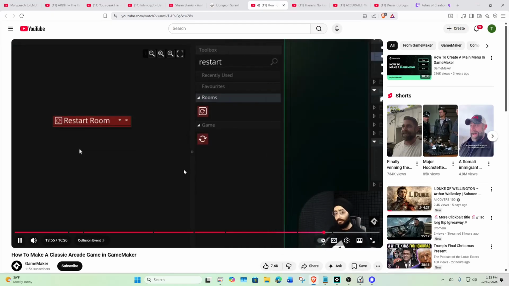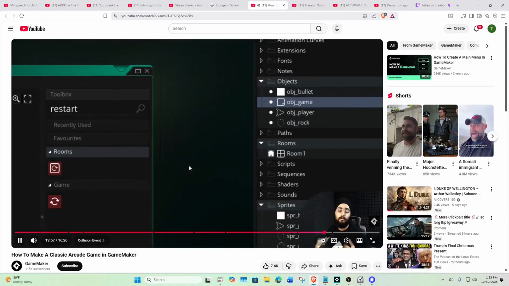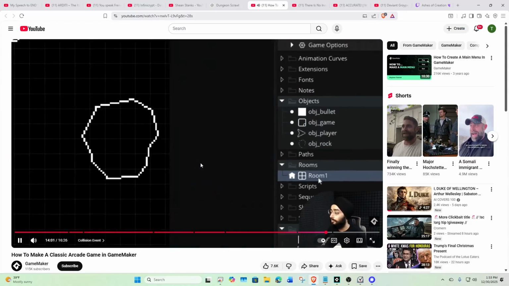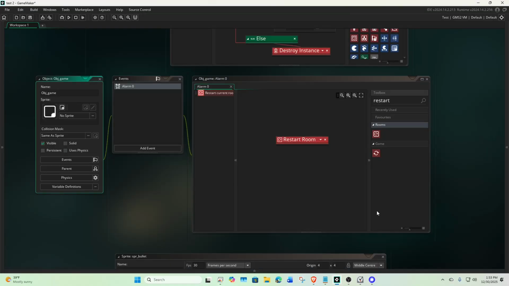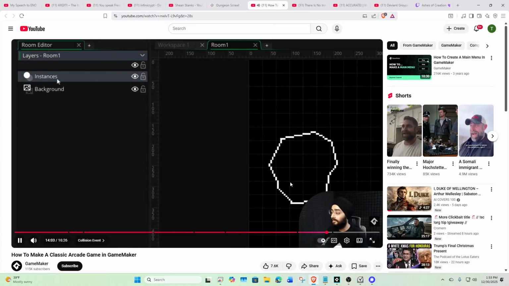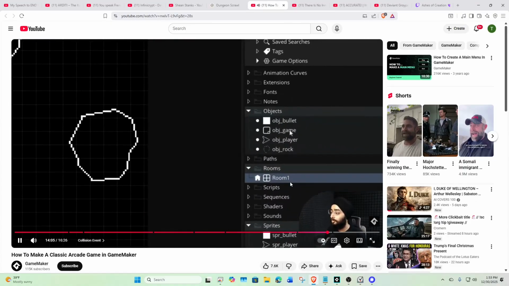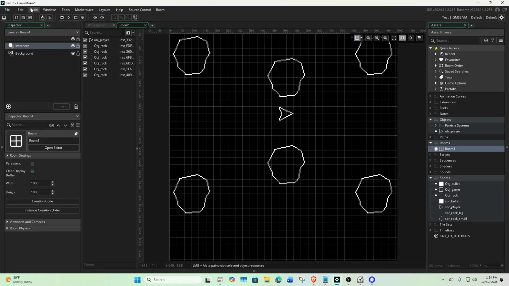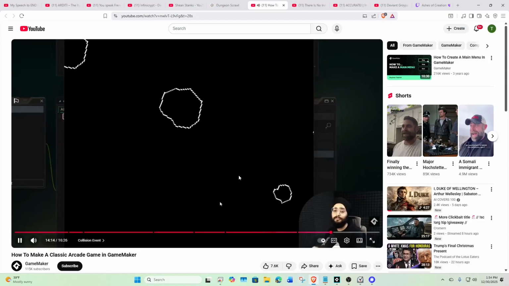This should do it, but it won't work right now because OBJGame isn't actually in the room. So let's open the room. Make sure the instances layer is selected and then place OBJGame in the room. It doesn't matter where you put it, it just needs to be in the room. So run the game, run into a rock, you will lose, and 2 seconds later,